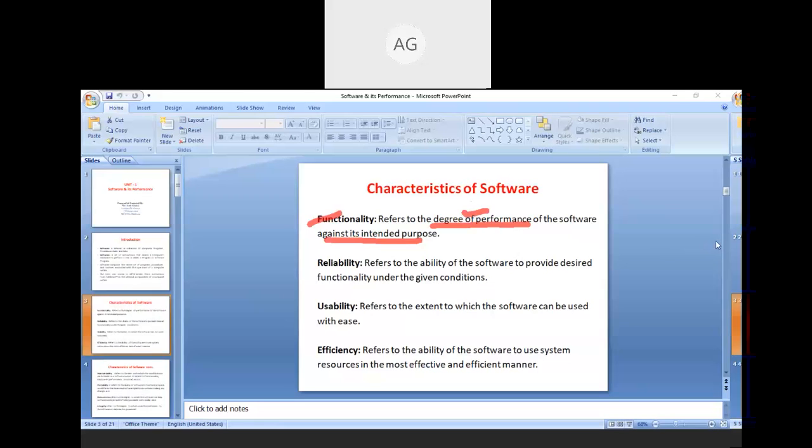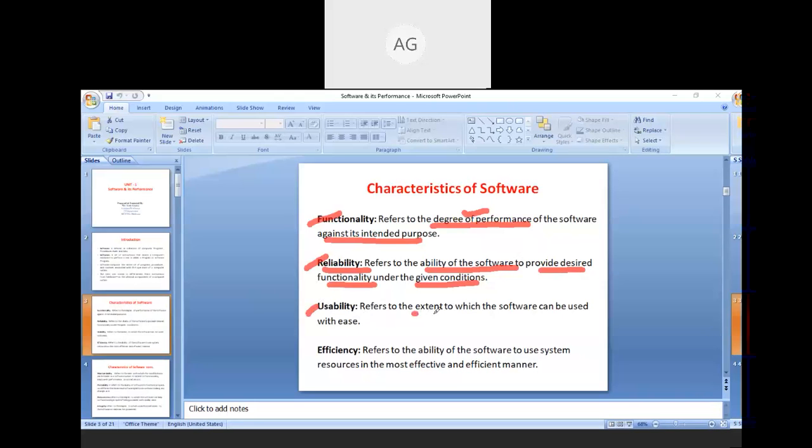Okay. So the second characteristic of software is reliability. So it refers to the ability of the software to provide desired functionality under the given conditions. So basically, the software must be reliable. It must perform perfectly under the given conditions or under the given environment. So it comes under the reliability feature. Then the usability.